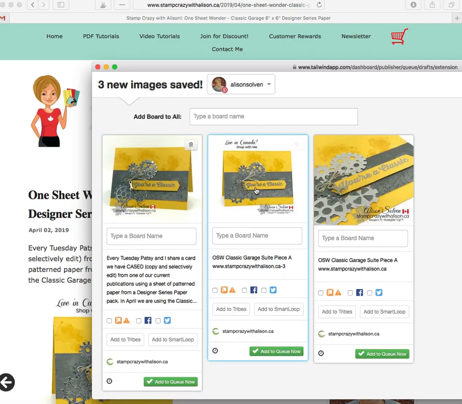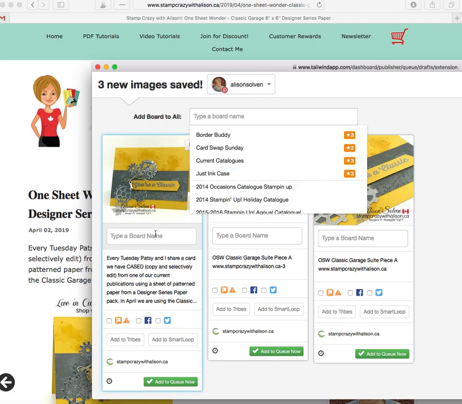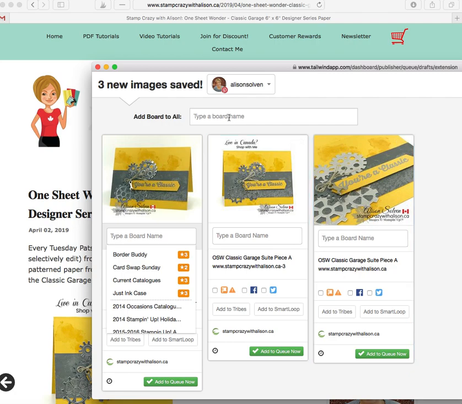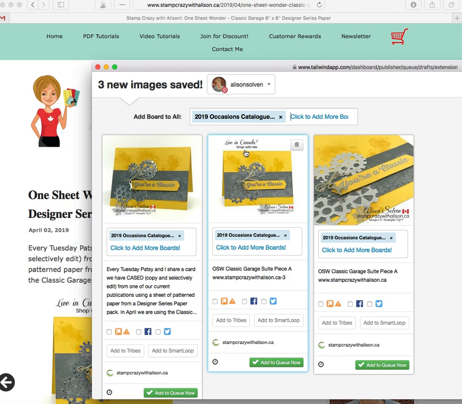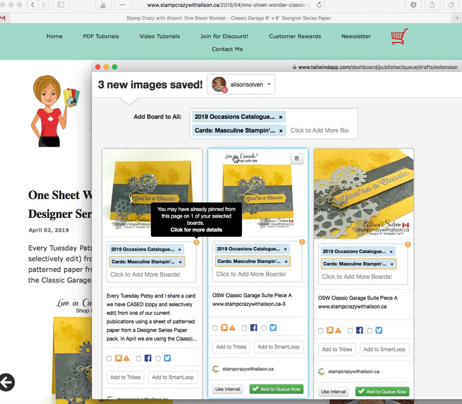Oh, the other thing too is, let's say you wanted to put all of these, because these are all from the same post, I don't have to go individually and put all the little board names. If they're all going to the same board, I can do this occasions catalog, and I can do masculine, and you can set up different